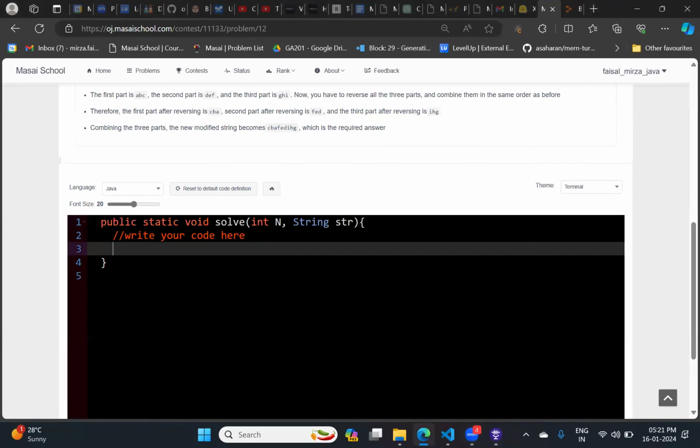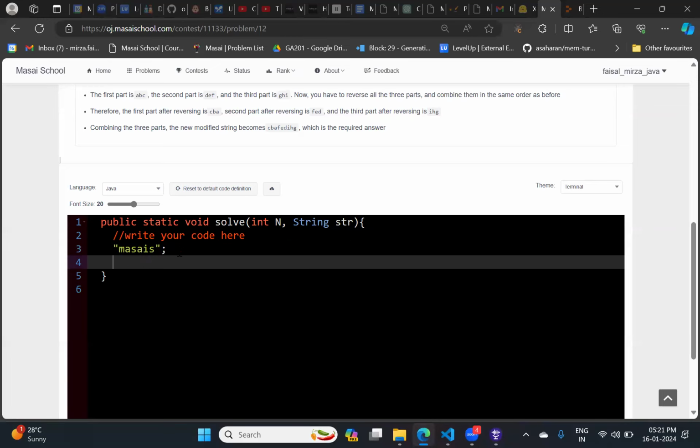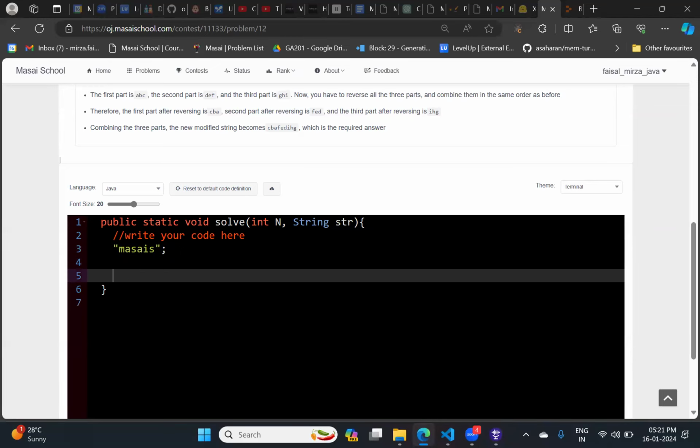So Abhishek, any idea how we can do this? Don't know, sir. So suppose this is the given string. Okay, let us try to run a loop from 0 to last. So this one is given already, i plus plus.